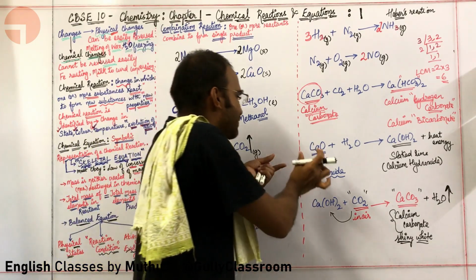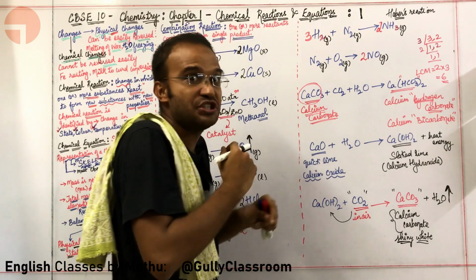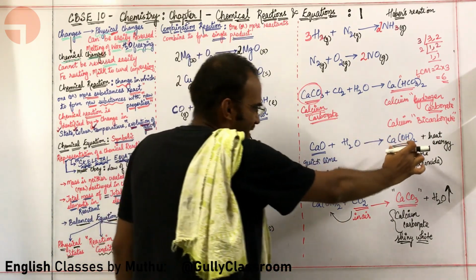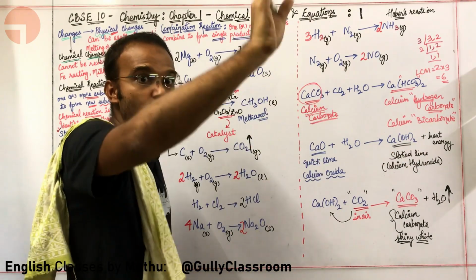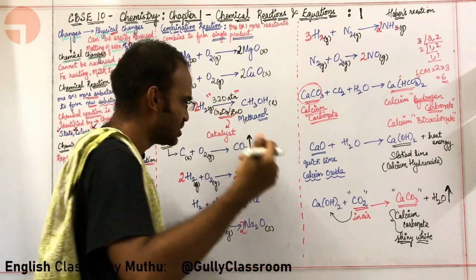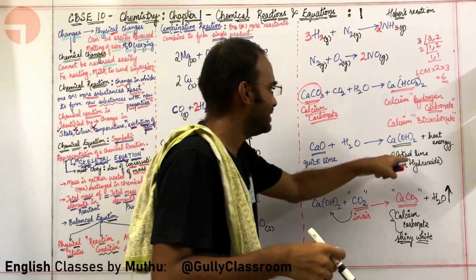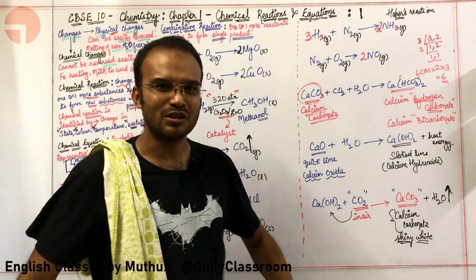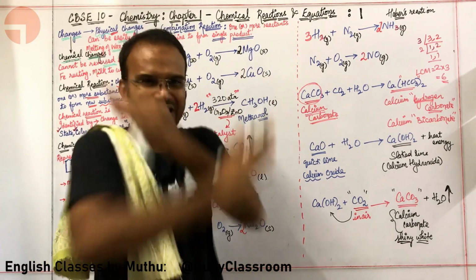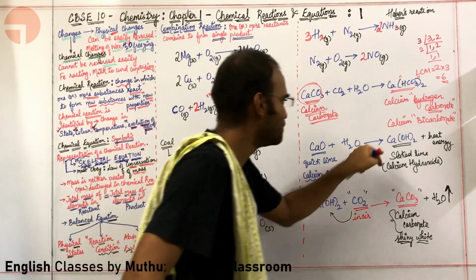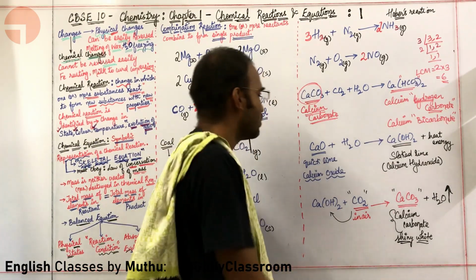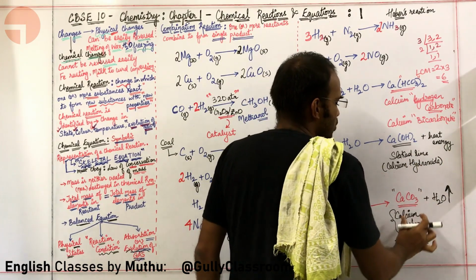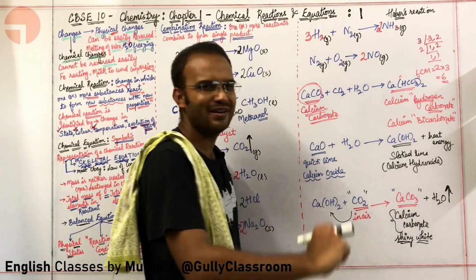First you are having quicklime or calcium oxide, you are mixing it with water, you are getting slaked lime and heat energy. And this slaked lime, you are putting it up on walls using a brush. You need to be very careful when you are handling slaked lime, because this reaction is exothermic. What is exothermic? Exothermic means heat is being released. So Ca(OH)2 is put up on the walls, it combines with carbon dioxide in the air to get CaCO3, and this CaCO3, calcium carbonate, is shiny white in color.